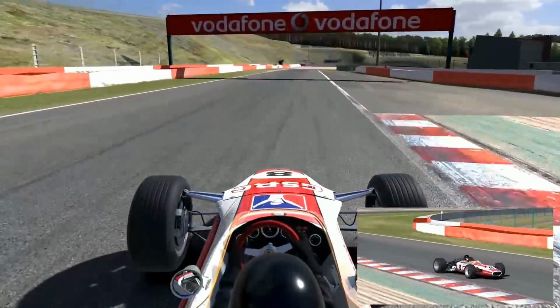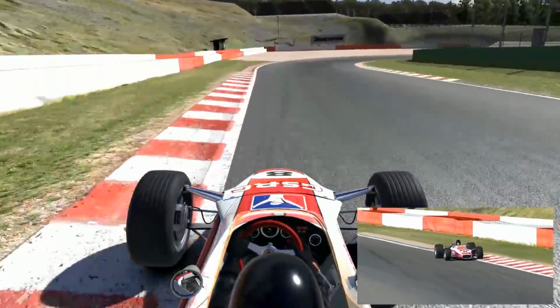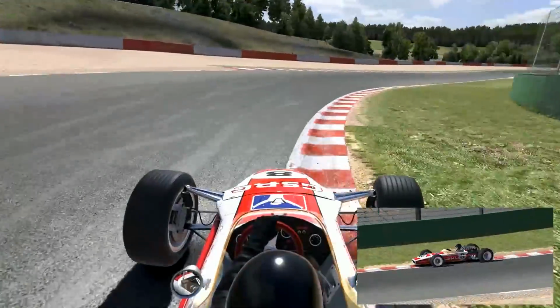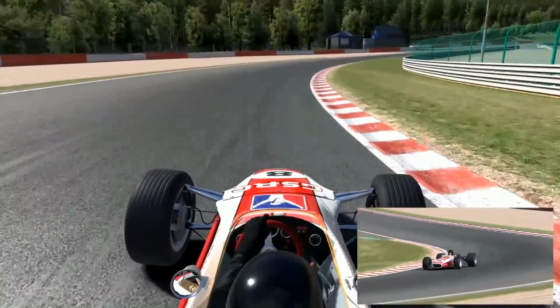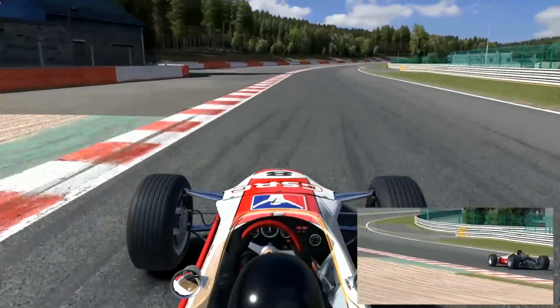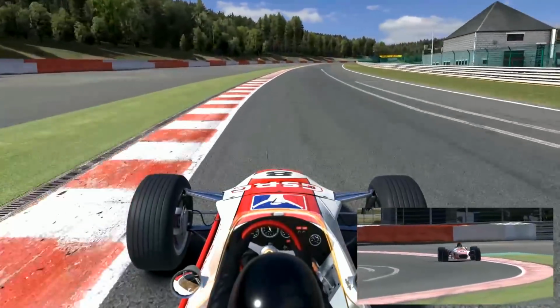Expect a lot of dirt and dust kicked up when drivers push it that little bit too hard and dip their wheels into the gravel on the left. On the second apex, you've got to really nail the launch off the bend. It doesn't help that the track gently curves while you're accelerating out of it, meaning you'll find yourself countersteering even